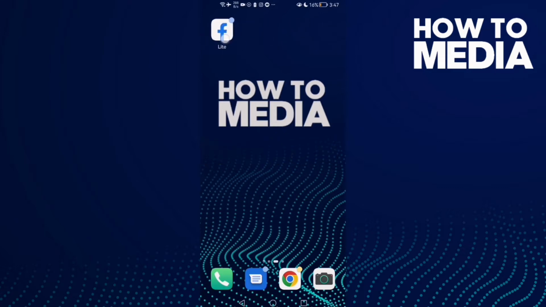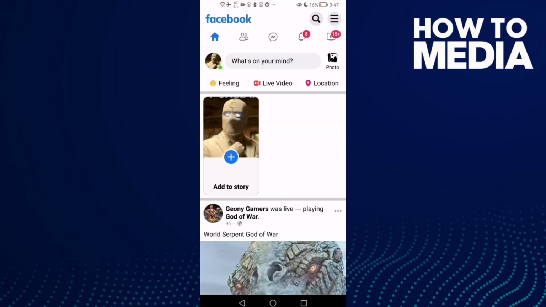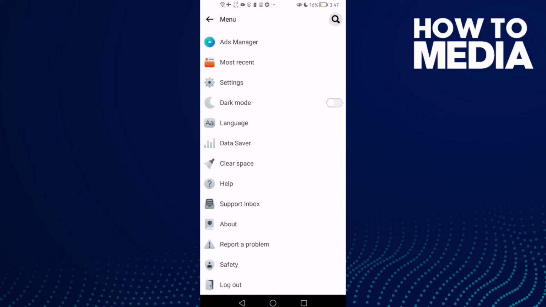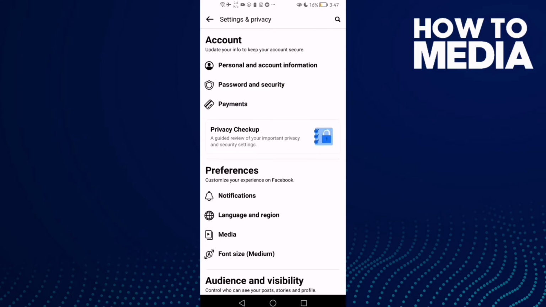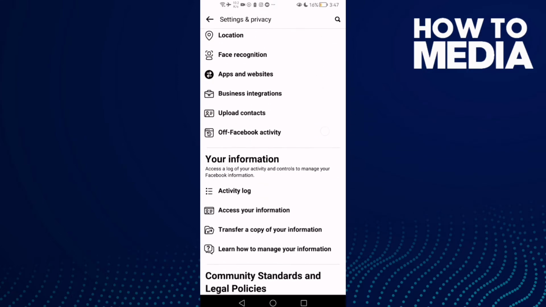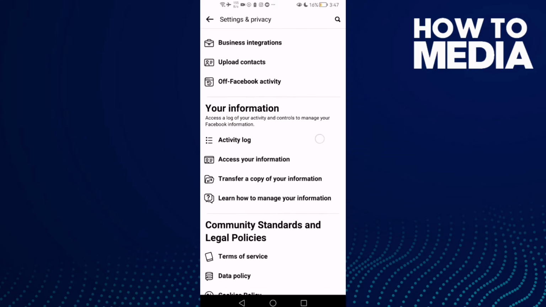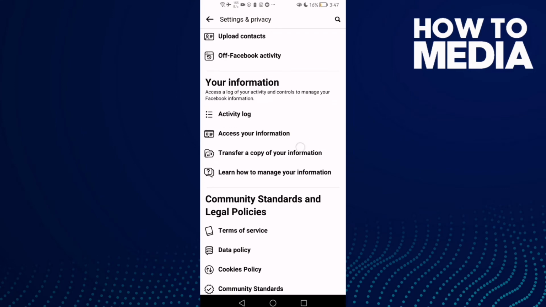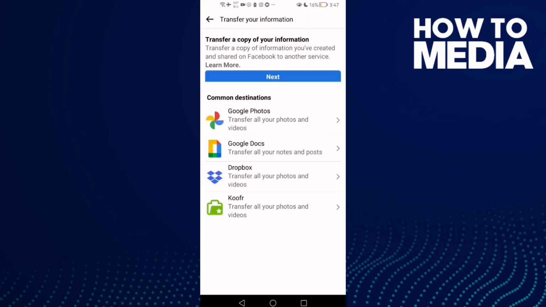First thing, go to Facebook Lite and then just click these three lines in the top corner and go down, click settings, and then go down again until you find transfer a copy of your information. Click on it and click next,